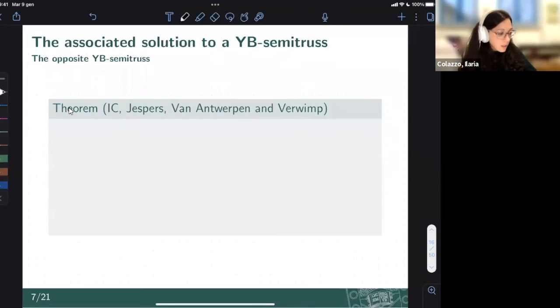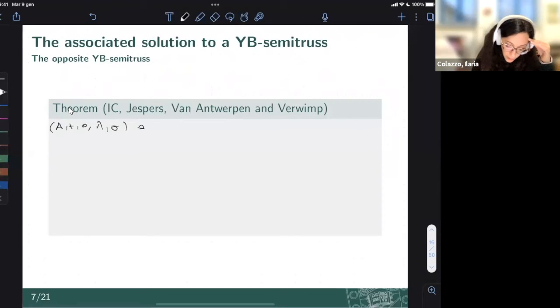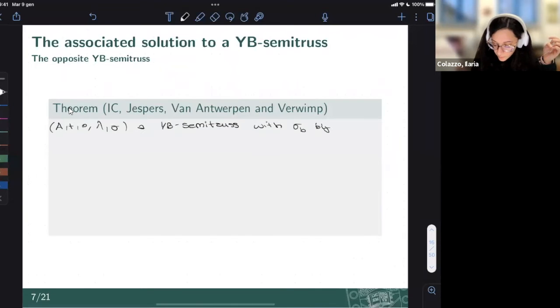The answer is yes, as you can expect, and is the following. If A, plus, circle, lambda and sigma is a YB-semitruss with sigma_B bijective for any B,